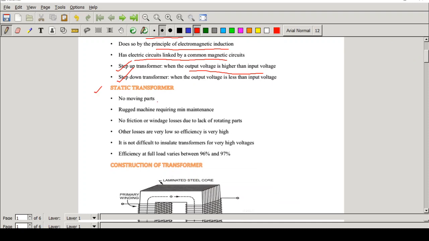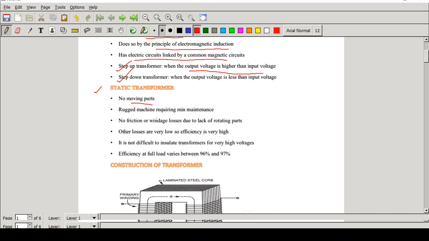Okay. Now, we call the transformer a static transformer. Why? Because first thing, it doesn't have any moving parts. If you see the DC generator or DC motor, you know the armature is a rotating part and there you have the bearings. So many rotating parts are there. Whereas in the case of a transformer, there is no rotating part. Okay, so as I told before, the EMF is induced by Faraday's laws of electromagnetic induction, but you call it statically induced EMF. That is, without any moving part, by changing the flux, you can induce the EMF.